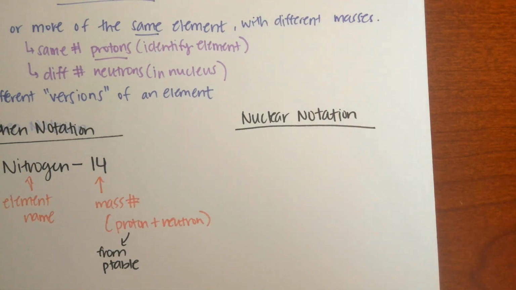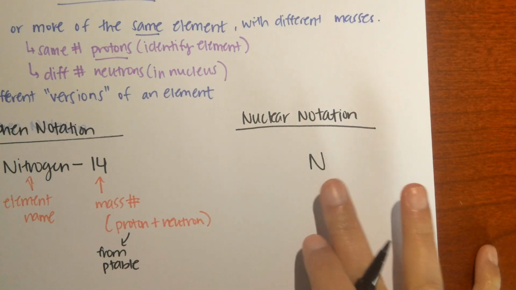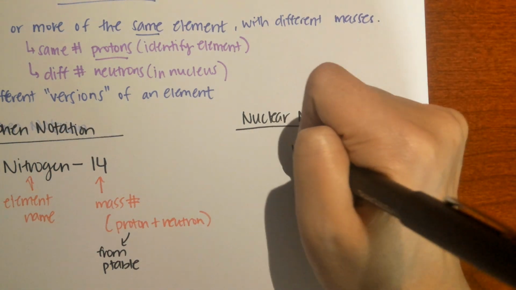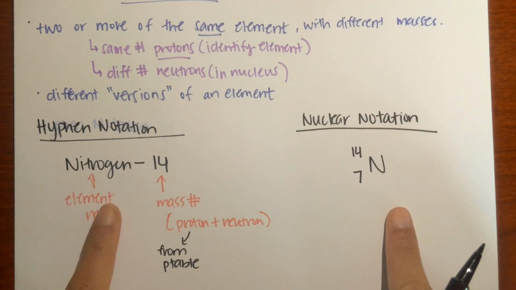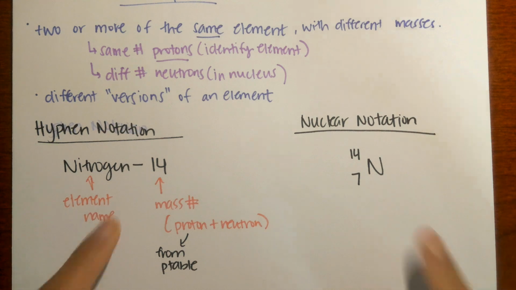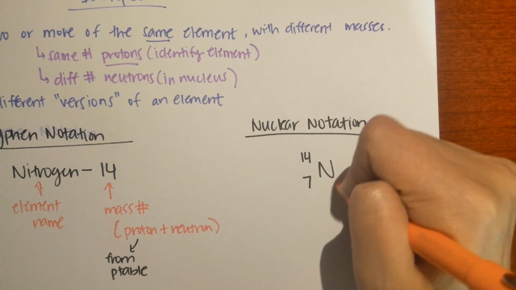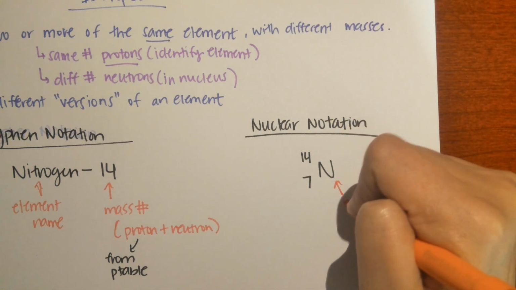Alright, so I'm going to use nitrogen again. But this time, nuclear notation, you have to use the symbol. Alright, and the top number, let's do 14, and the bottom number is 7. So notice how very different the notations are, but you can still get the same thing out of it. So the N is obviously your symbol, and for the nuclear notation, you have to have the symbol. You can't write the full name here. So element symbol,